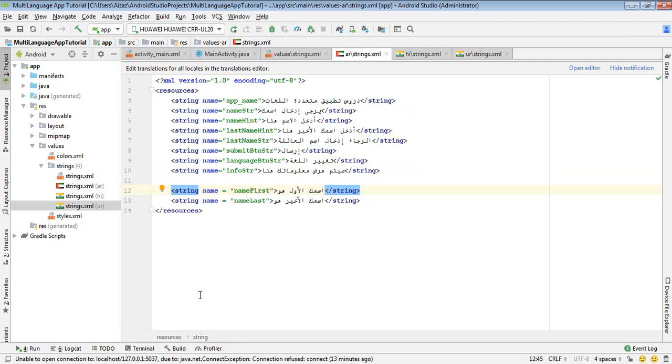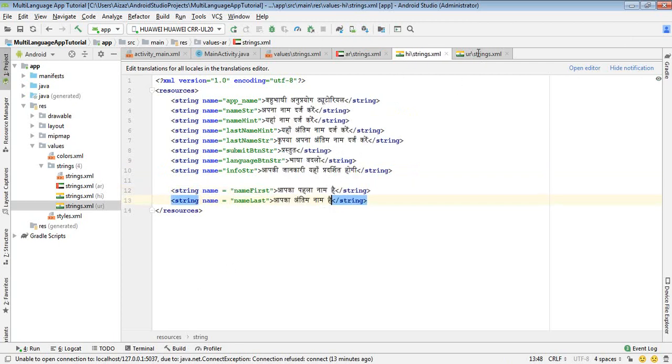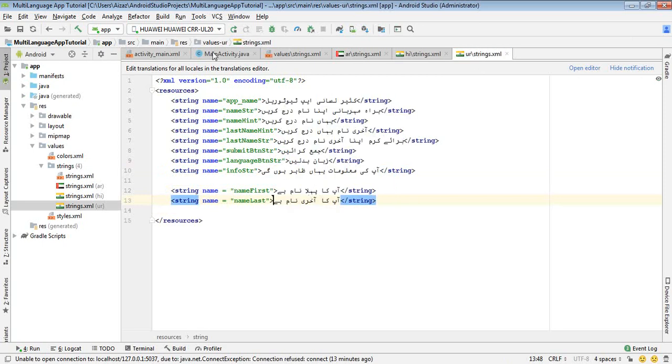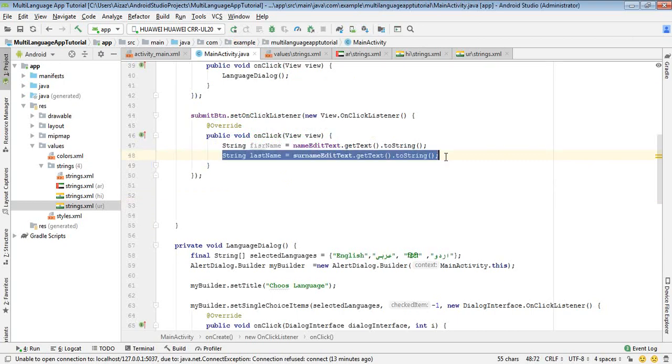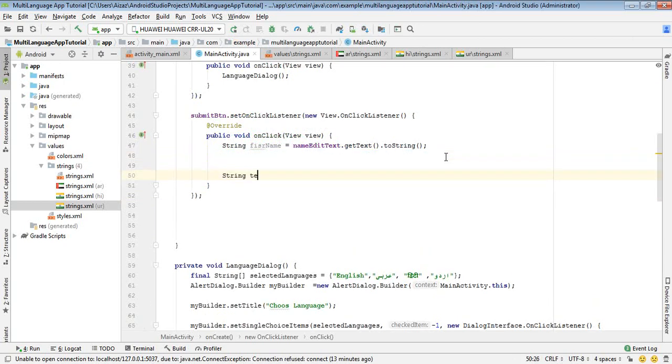Write the strings for Arabic, for Hindi, and for Urdu. So now I am going to my main activity, and here I will create a string, and I can give it a name, text info or anything. So inside here I'm going to write that I will call the strings. So I'm going to write get resources dot get string,